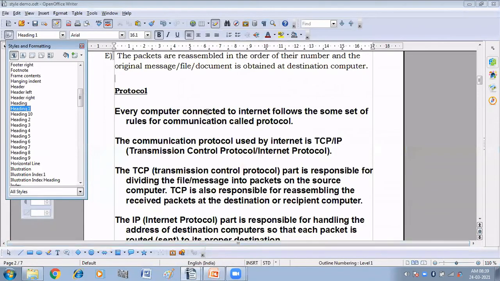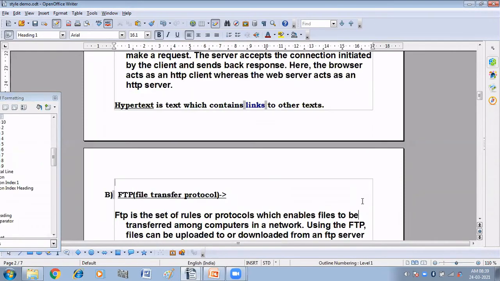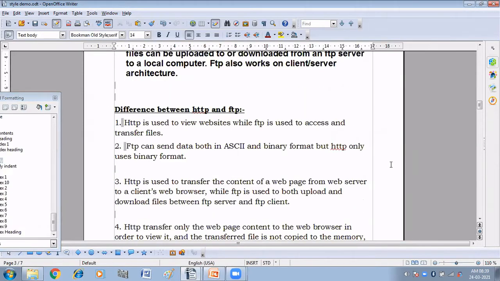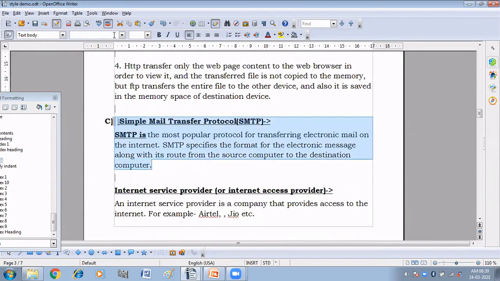First we are going to do our own formatting.